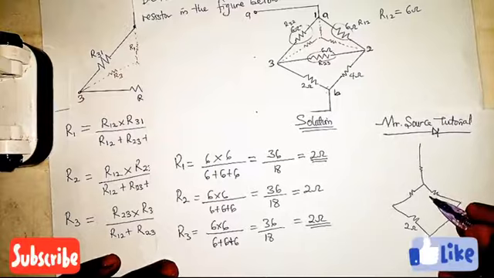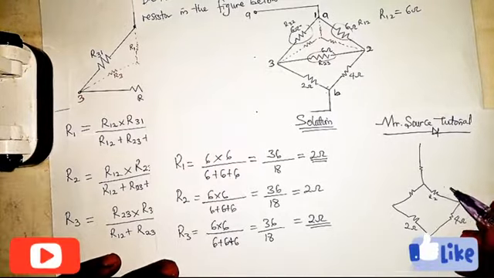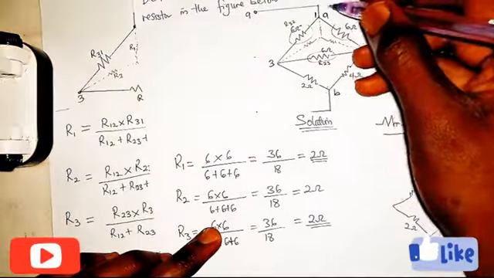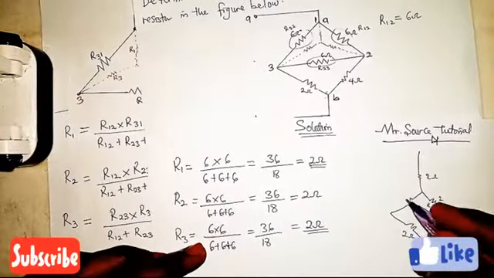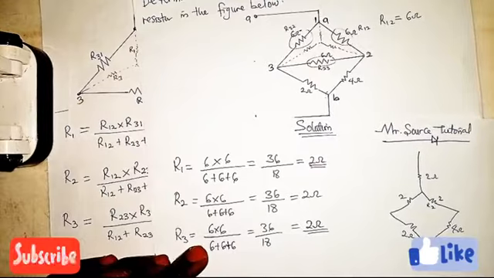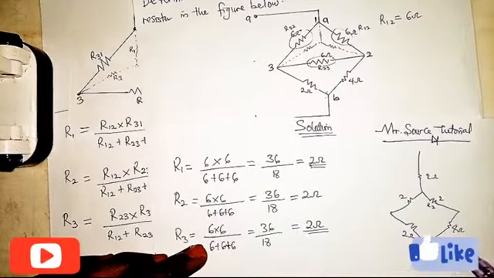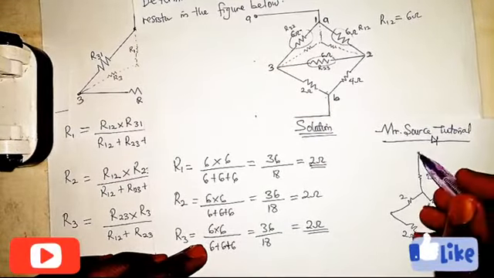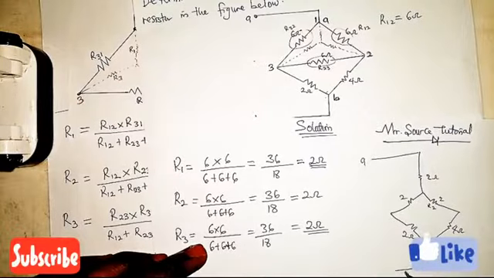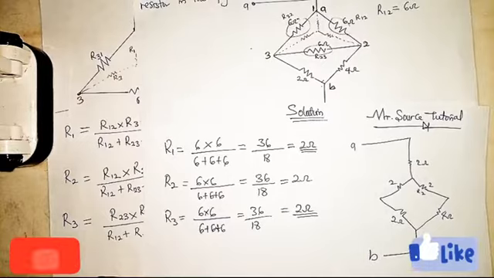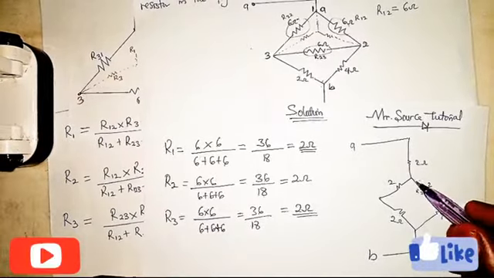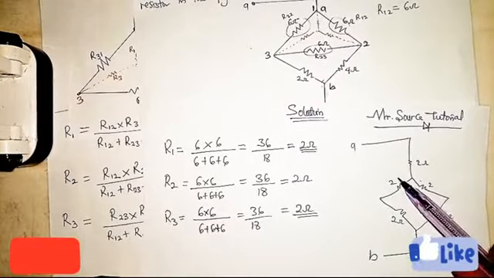This is R2, which is equal to 2 ohm, R1, which is equal to 2 ohm from what we calculated here, and our R3, which is equal to 2 ohm. So having seen this, you can see that this is another network entirely, between terminal A and terminal B. You can see that these two are in series and these two too are in series,